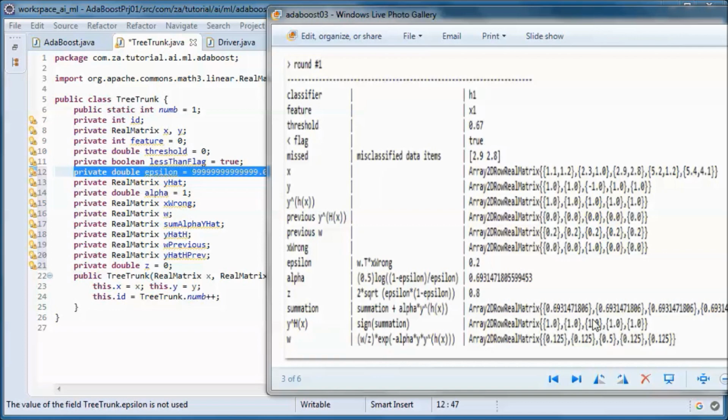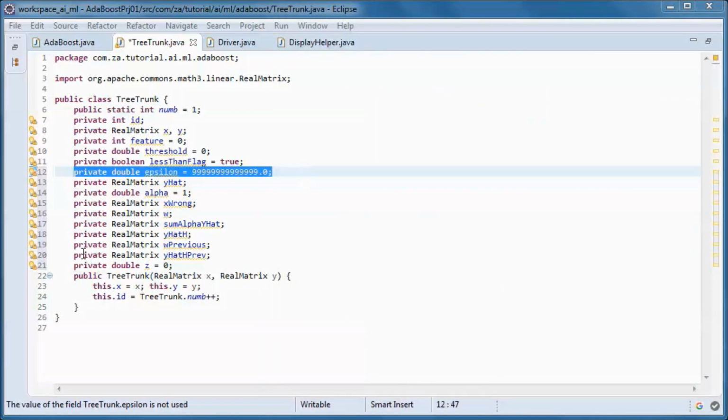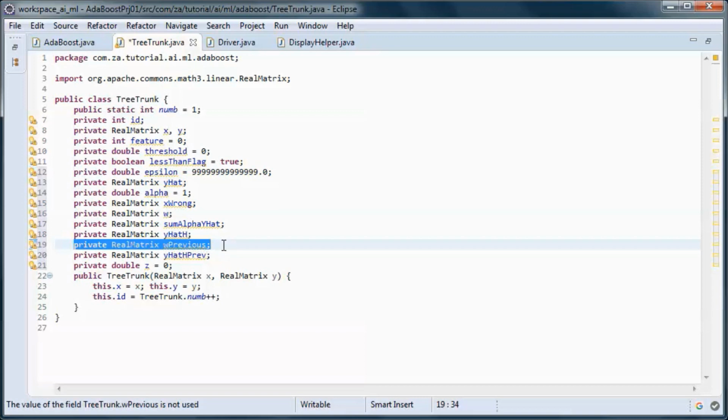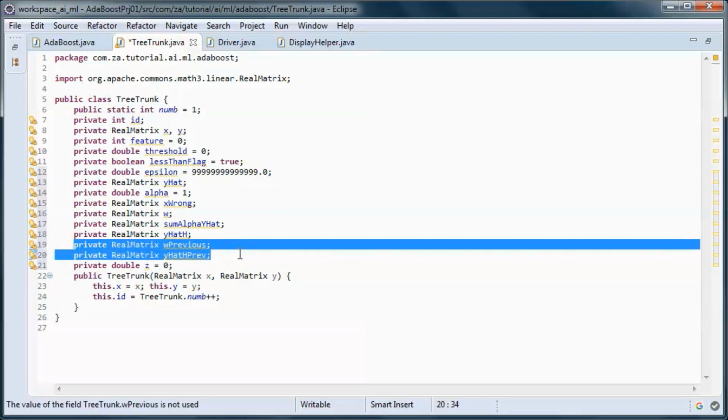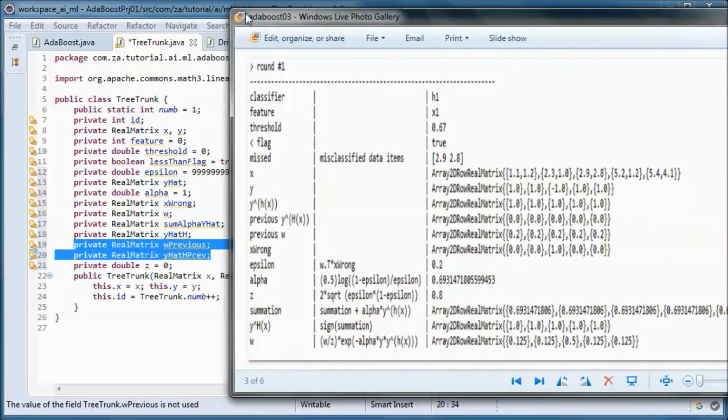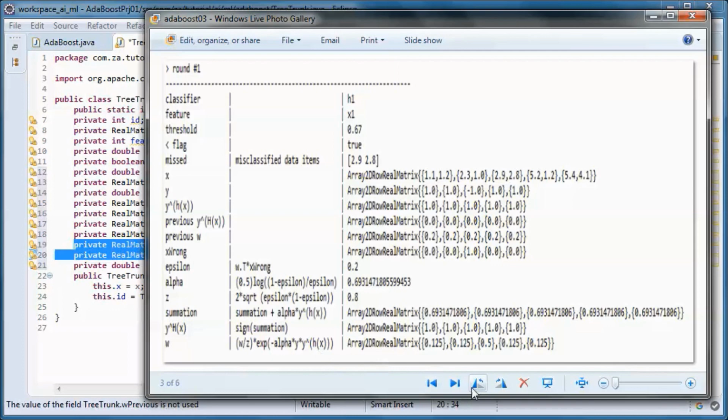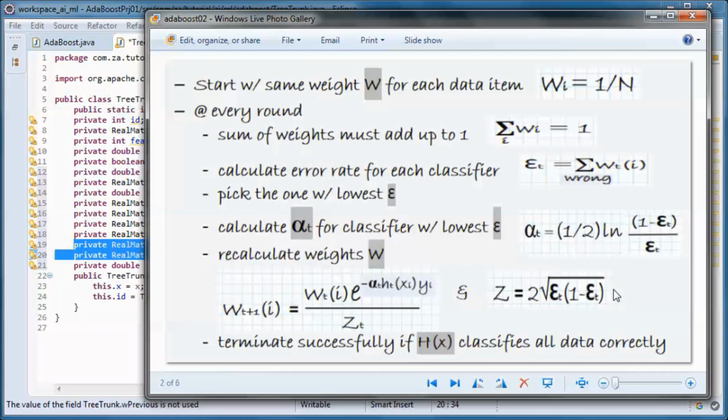So only this one was misclassified, since it is -1 in the label y. And we keep track of W previous and Y hat previous of the overall classifier. And for Z, this was how we calculate, so we have Z is 0.8, and this was how we calculate it.